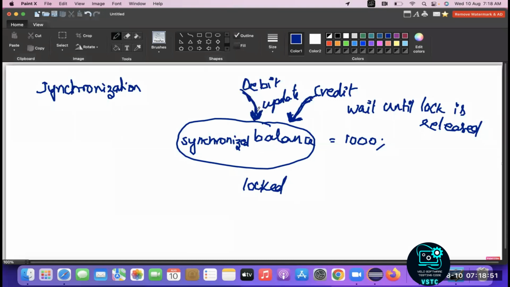Once the debit operation is performed completely and successfully, the balance has been updated. Suppose I want to debit 100. So debit is performed successfully and the balance has been updated to 900. Then this lock will be removed. Once the lock is removed, the waiting threads that are waiting for access to this balance will be given access one by one. As of now, credit is waiting. So the lock will be given to credit. Now credit will lock this variable. Debit has released and credit will have the lock